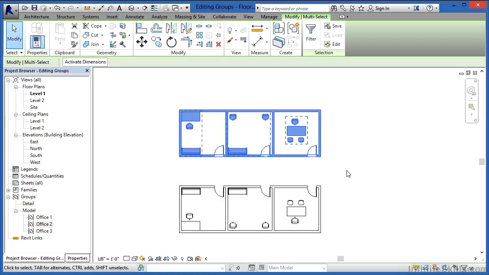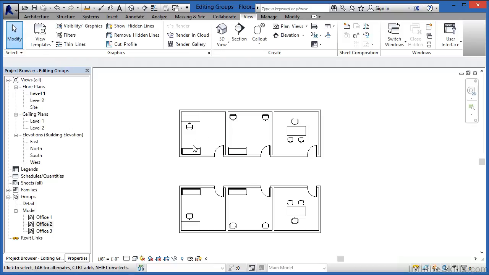And one of the things, if you look closely, you realize is it's also mirrored the groups so that the groups themselves are mirrored to the other side. Now, this hasn't created separate families altogether. It's just mirrored these components onto the other side of the hallway. Now, we've done this so we can see what will happen to these mirrored objects when we make changes to